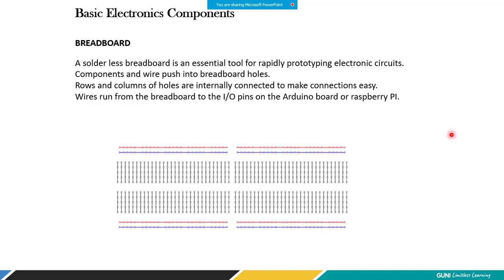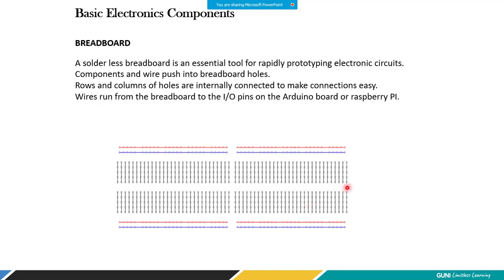Now let us assume that you are doing some experiment and building a circuit. At the first go, if you try to use the printed circuit board, there are chances that you might make a mistake in soldering the components onto the PCB. So again, you need to do desoldering, and it's very cumbersome, very boring work, and practically you would not like to do that. So what is the best solution? The best solution is a component called a breadboard. A breadboard will allow you to make a temporary circuit without soldering. That is the objective, right?